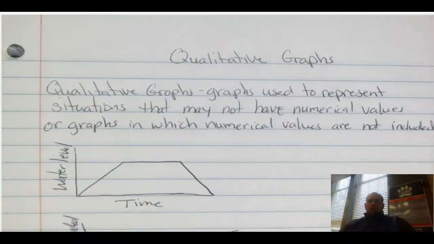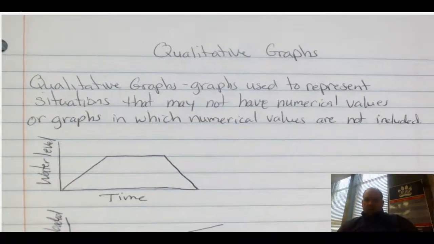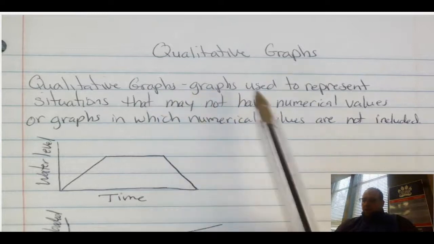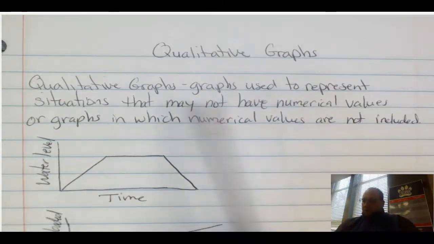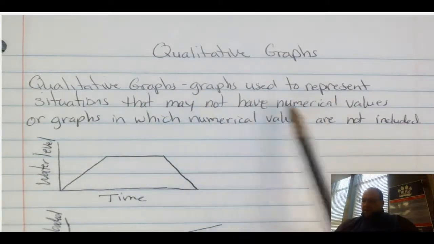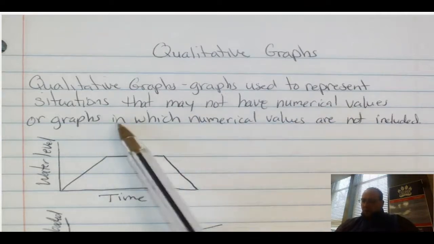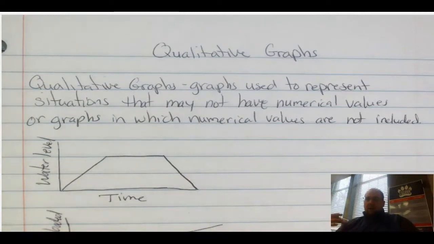All right, welcome back. We're going to talk about qualitative graphs, okay? And where we're going to begin is we're going to actually define what a qualitative graph is. Basically, qualitative graphs are graphs used to represent situations that may not have numerical values, or graphs in which numerical values are not included. So these are examples of maybe situations where no numbers are included and just a visual on a graph is